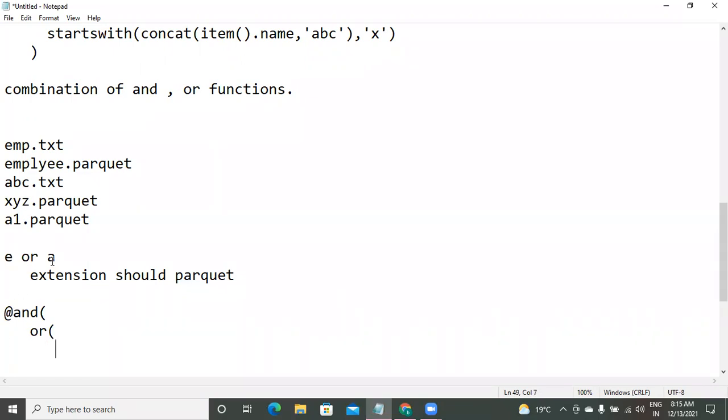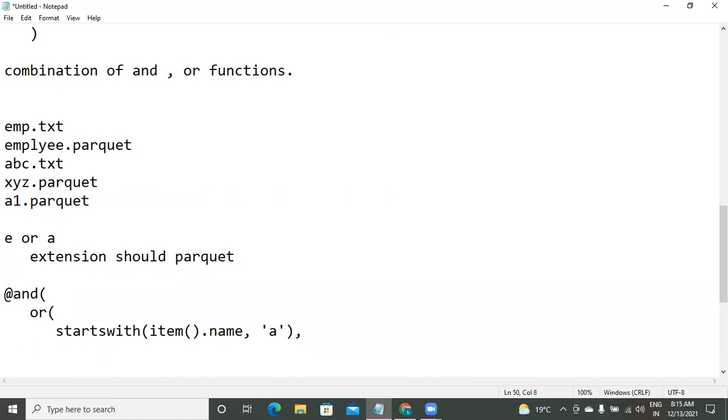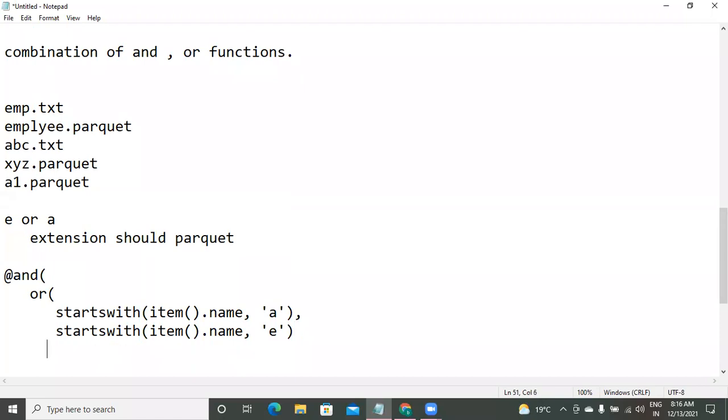First, for the A, apply the condition. startsWith item dot name, starts with letter A. Got it? Condition number one. And what about the second condition? At the same time, it should start with letter E. Now my OR condition is completed.